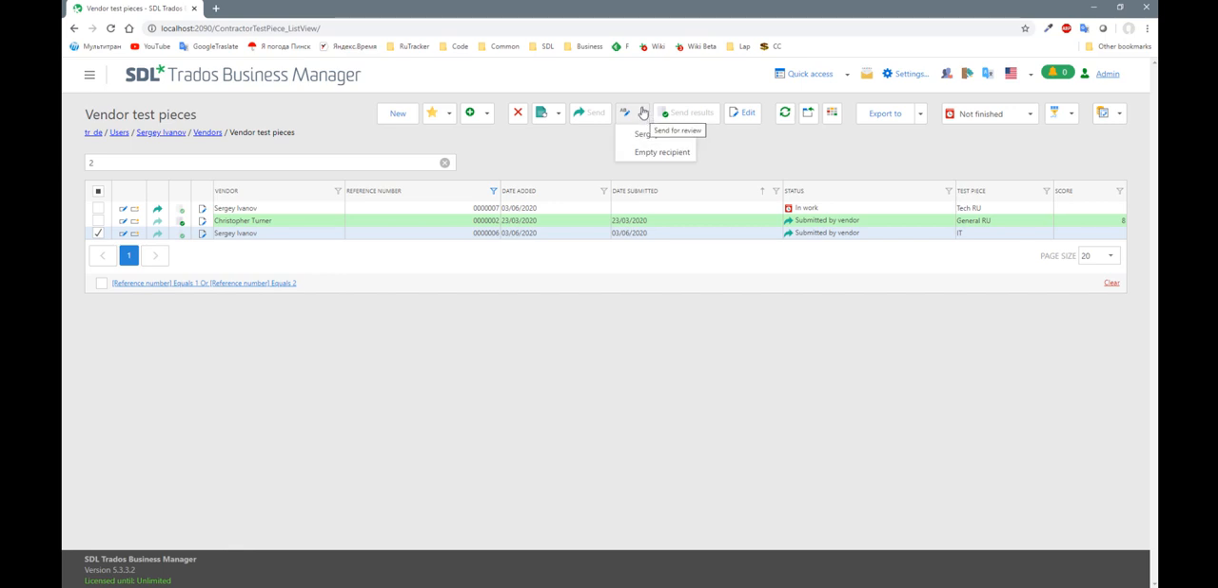So, if I hover the mouse here, it contains a selection, and this selection will include all proofreaders which we pre-selected for this specific test piece, and the default option is an empty recipient, if we still don't know whom we want to send this test piece to for review. So now we have Sergey Ivanov for checking the test piece submitted by Sergey Ivanov. Well, and we have marked that this vendor will be doing